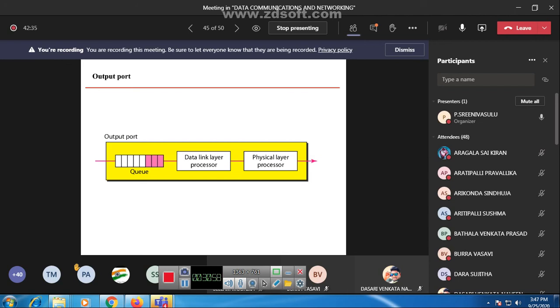After that we enter a specific destination address, and based on the destination address it is delivered to the destination system. So this type of message switching is mainly used in telegraph networks. These are the different switching techniques.